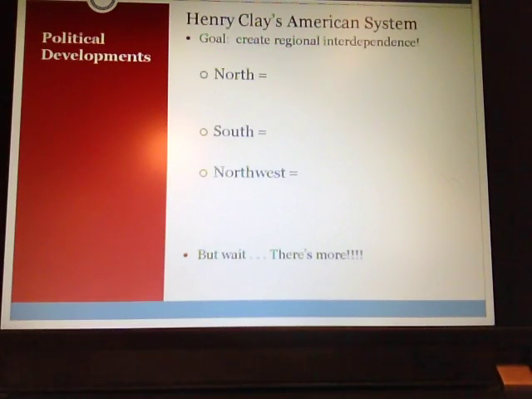Now, the goal, and some would say it's actually not Henry Clay's invention, but he was just simply the best at marketing it. But at any rate, one goal of the American system is to make the regions depend on each other. So then they need each other, okay? This is kind of how a marriage works, right? You divide labor within a marriage, and that's part of what makes marriage so attractive, right? Someone pays the bills, someone mows the lawn, somebody does the laundry, someone does the dishes. And this division of labor creates interdependence that makes it very unlikely anyone's going to get divorced, right? Because you need each other, okay?